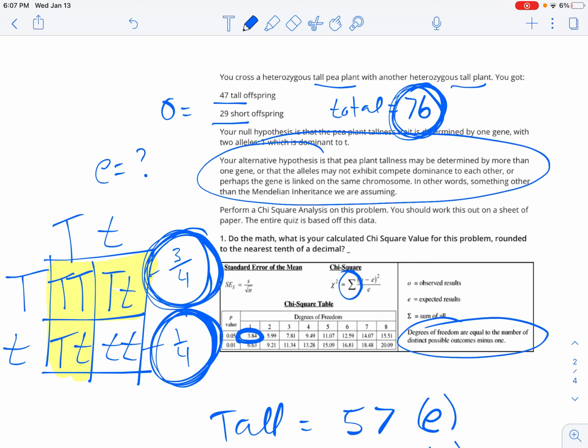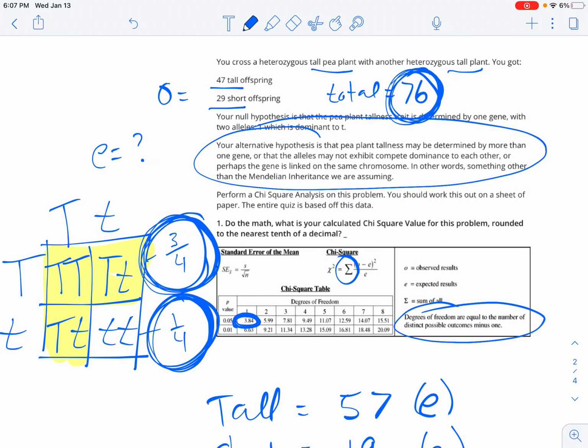We could probably run this more and see if the numbers actually smooth out, if we actually do start to see 3/4 tall and 1/4